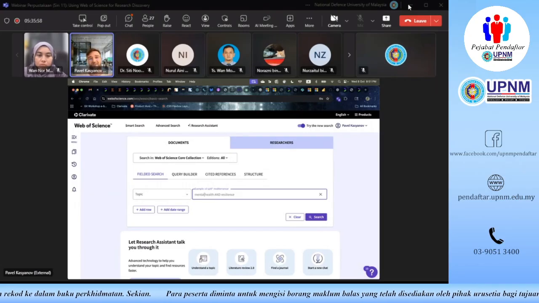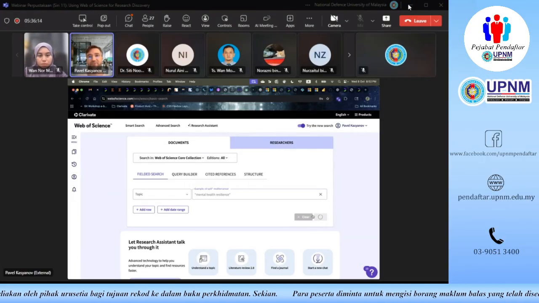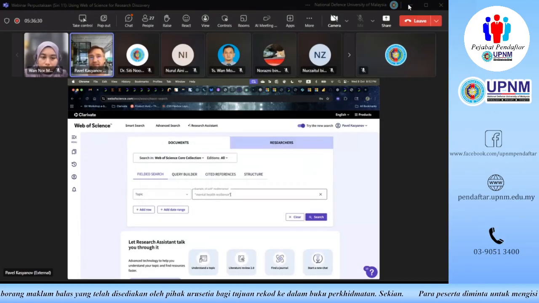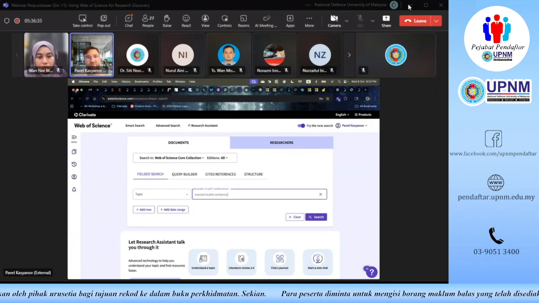We can try to use the quotation marks, and that's going to search for us exactly the term we're looking for. So mental health resilience, all three words specifically in this order. And that way, we're just going to end up with 241 results. So I'm not sure if that is what you wanted to search for, because 241 is a finite number and it's super relevant, but maybe you also wanted to search for something like mental health, and not just resilience, but maybe for the word resilient.